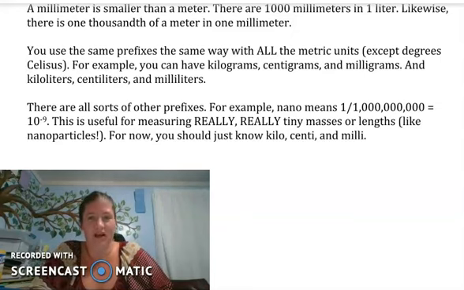If you think about it this way, a nanometer is 1 millionth of a millimeter, to have a scope of how tiny that truly is. So for right now, centi and milli are the really important ones, and the rest we will get to as this goes on and as we use them. As for the metric